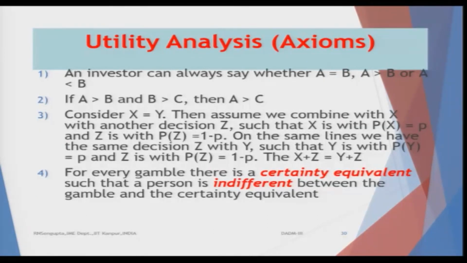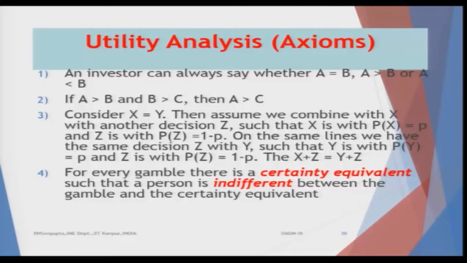So, an investor can always say whether A and B. For an investor I can categorize, that means I can say A is better than B in the sense that I am getting more benefit. In another sense we can say A is equal to B, such that the benefits are equal. In another case, you can say that A is less than B. So, here we can rank them, and this ranking would basically depend on the utility function or the ranking system we are trying to utilize.